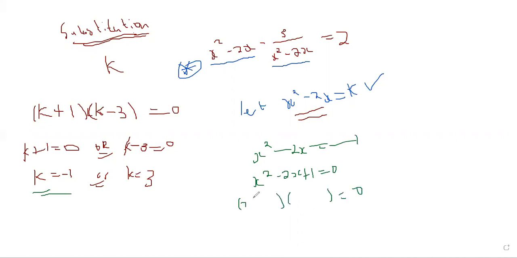So this would be x, that would be x. Check the sign of the last term is positive. It tells you the signs are the same, which signs are the same? Negative. So it's negative, and the factors of 1 is only 1 and 1. So x is equal to negative. From here, you'd say x minus 1 is equal to 0, or x minus 1 is equal to 0, which, since they are the same thing, someone would write it like this from here.